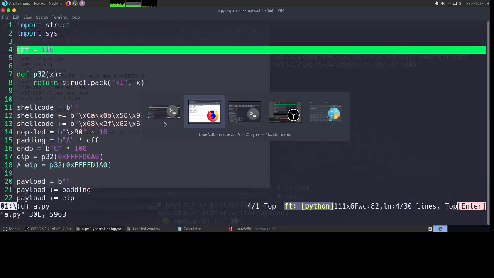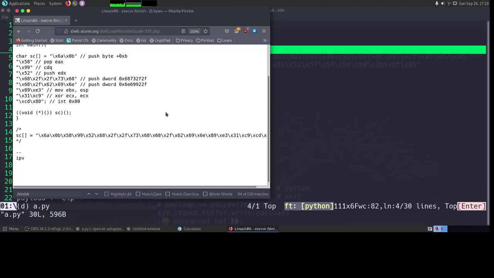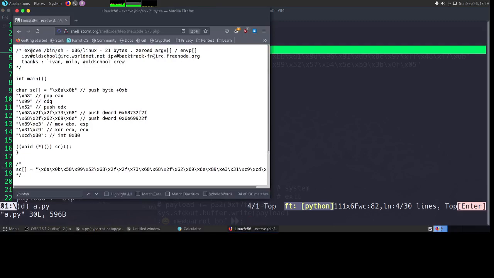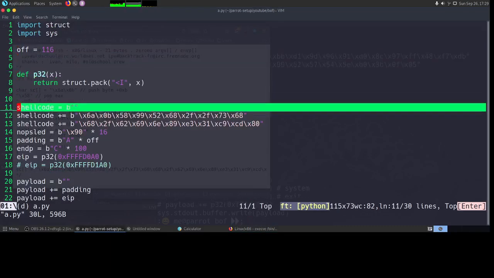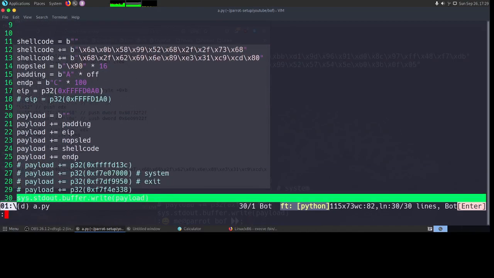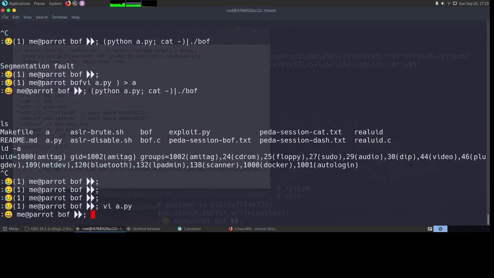The shellcode that I am using right now is this, which is basically execve /bin/sh, and this will execute a shell once we have overflown the buffer. Now that we have done that, let's try and execute this and see what happens.